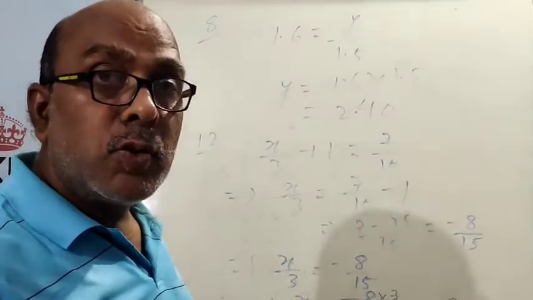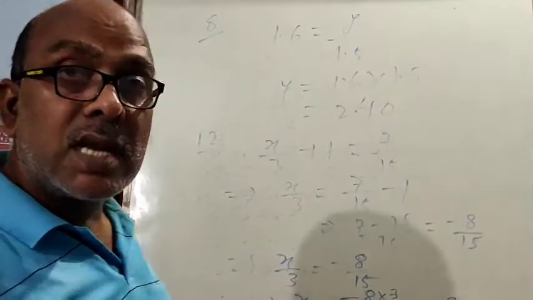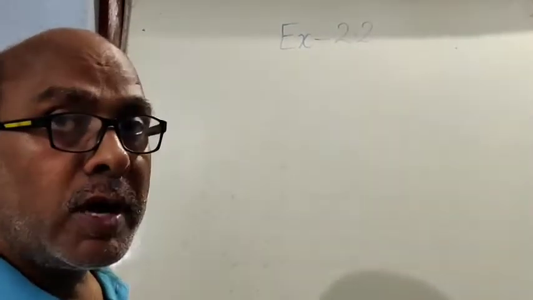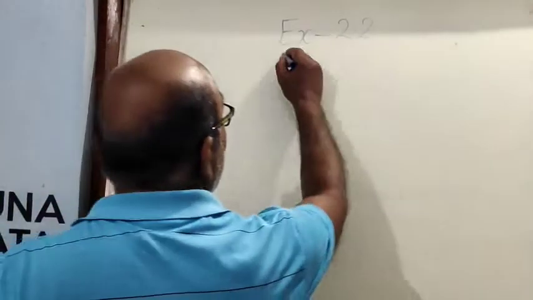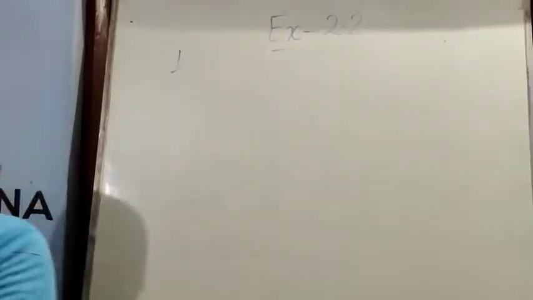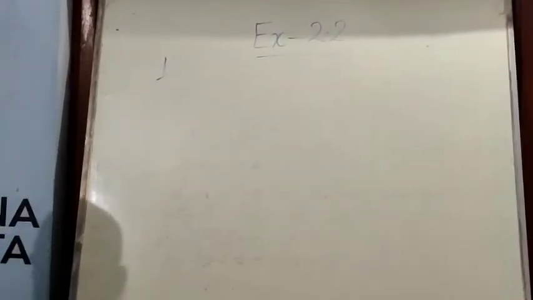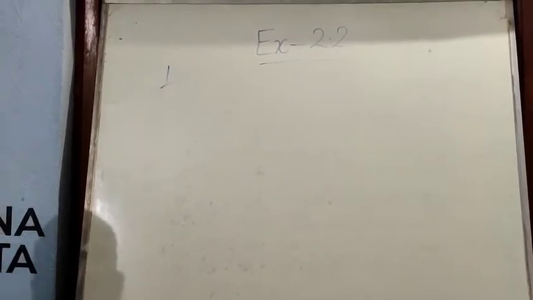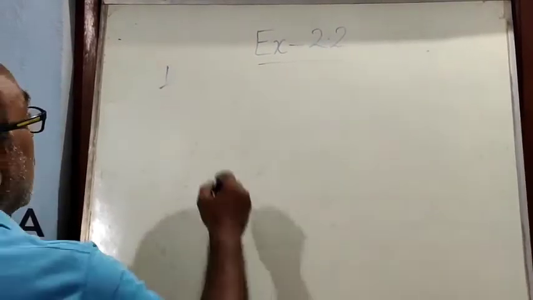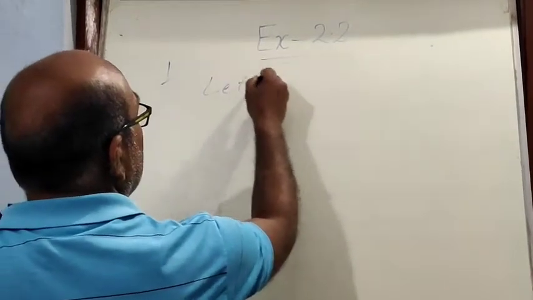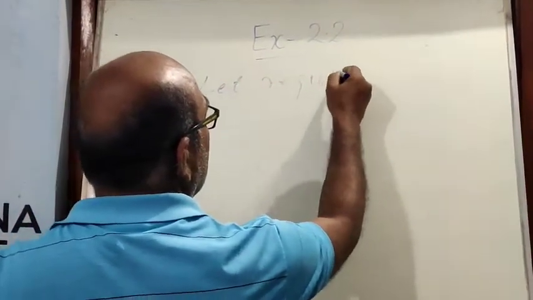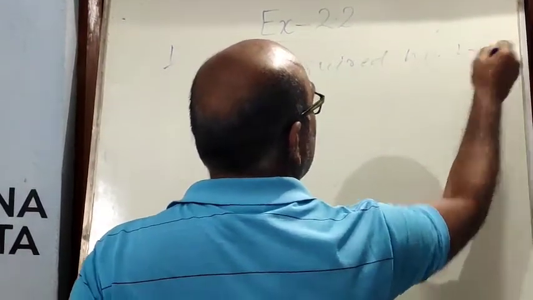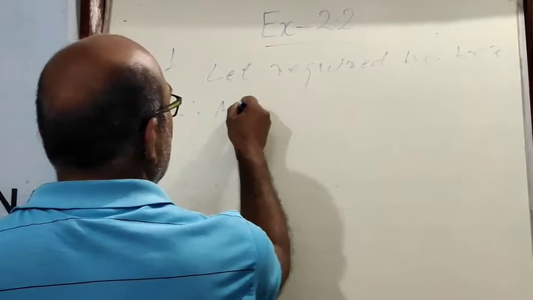Complete exercise 2.1, and I am going to start exercise 2.2. Now exercise 2.2. Your question number 1 is: if you subtract 1 by 2 from a number and multiply the result by 1 by 2, you get 1 by 8. What is the number? Let the required number be x. Therefore, according to the question,